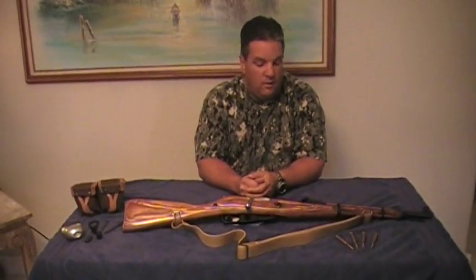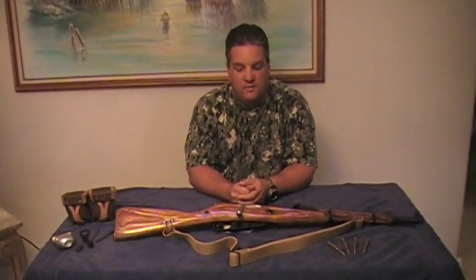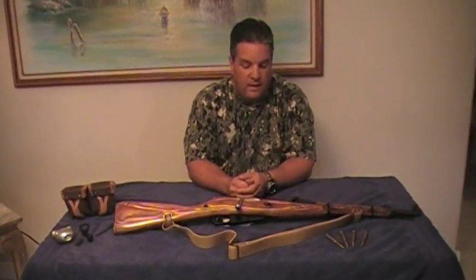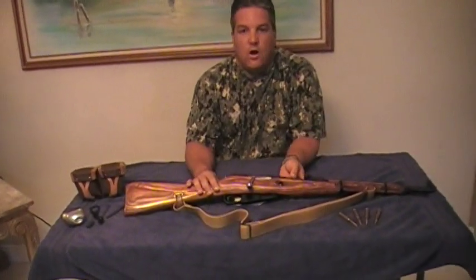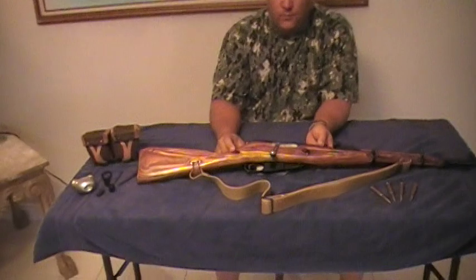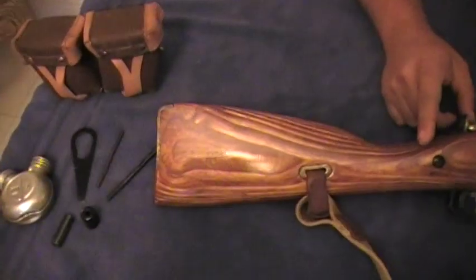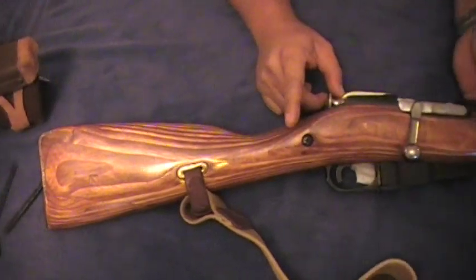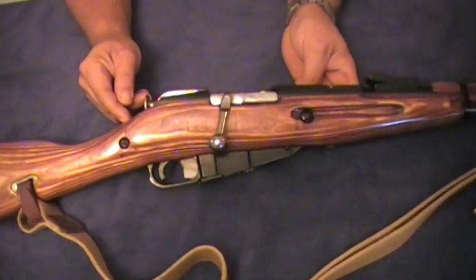Surplus Nut here, bringing another video, this time on the Mosin Nagant M-38. It's the Russian short carbine model. Right here, this is a 1943 Izhevsk, some people call it Izzy, Russian